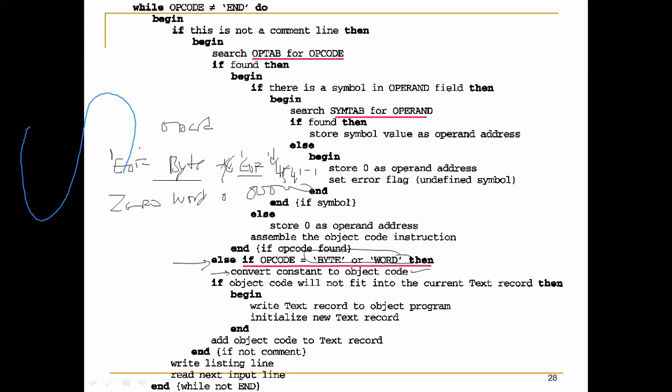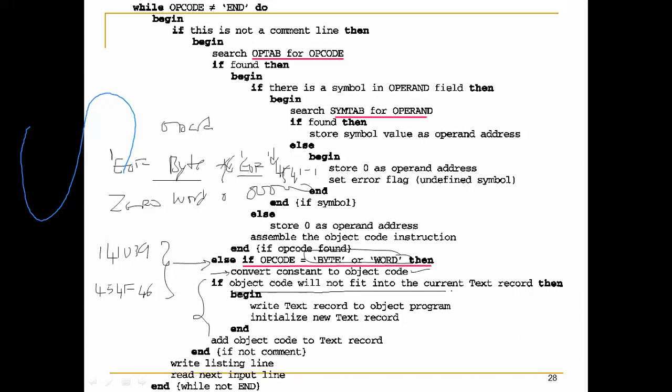Irrespective of the first case or the second case, in the first case, let me assume I got 1014101009. In the second case, let us assume that I got 454F46. Irrespective of what I have got, I need to put them in the text record. First, I will check whether this will fit into my text record or not. That's the criterion, because I told you that there is a limitation on how many instructions can be there in a text record. So we will check that particular part here.